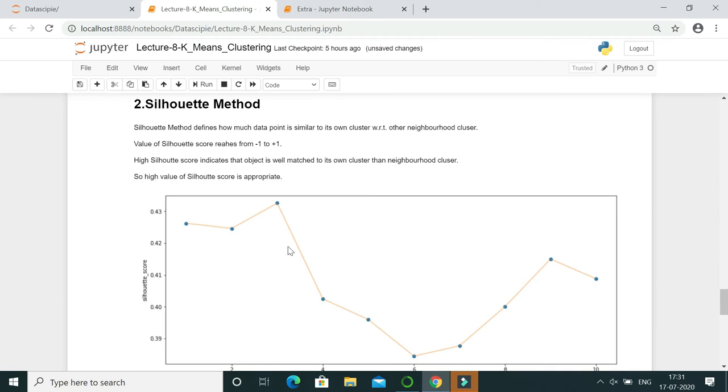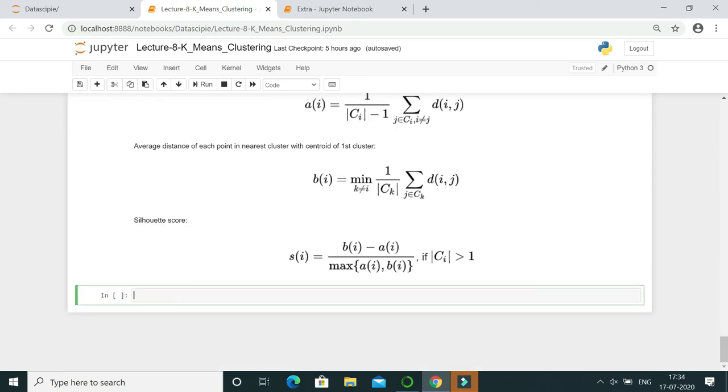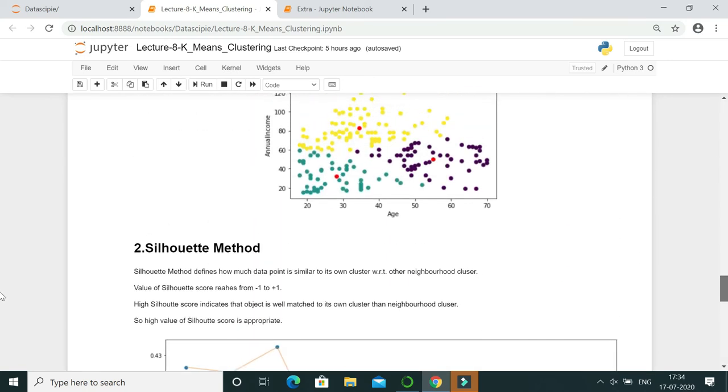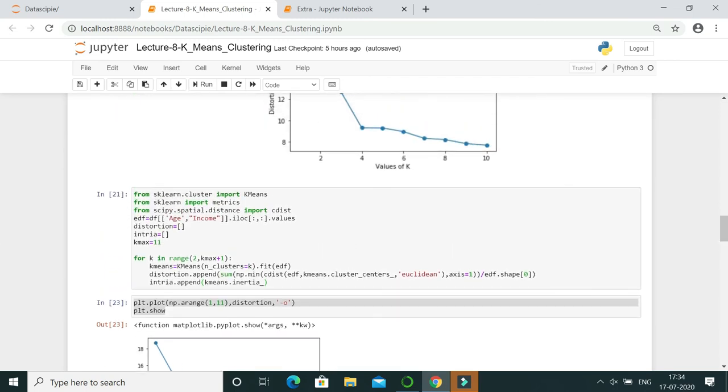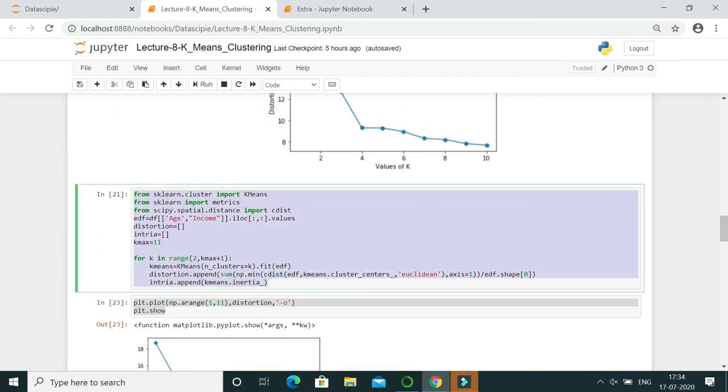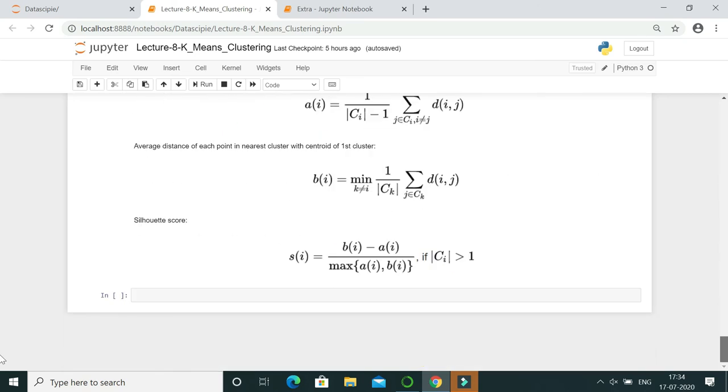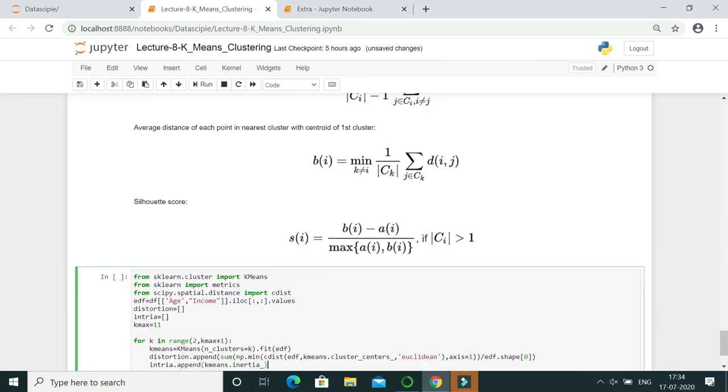So next we will try to determine the value of K with the help of the silhouette method. First of all we have to find the silhouette score. Similar to inertia and distortion, we find the silhouette score for each value of K. So for that, first of all, copy our previous code of inertia and distortion, paste it to calculate the silhouette score.